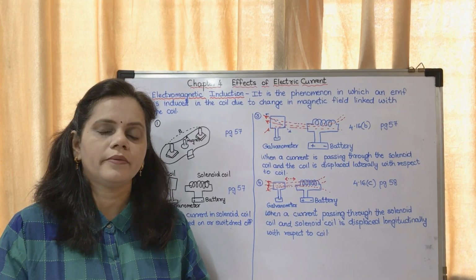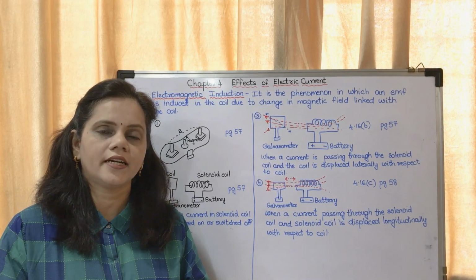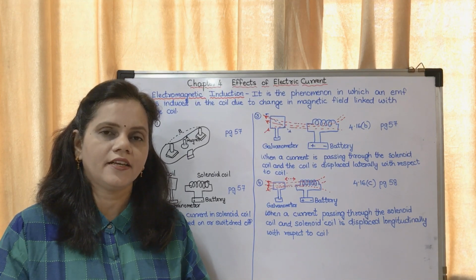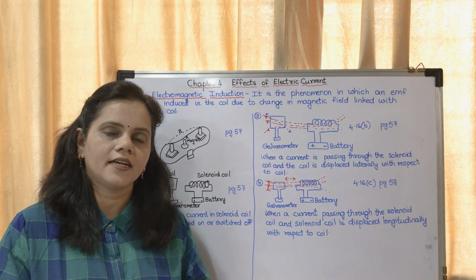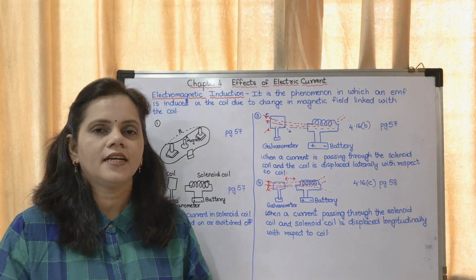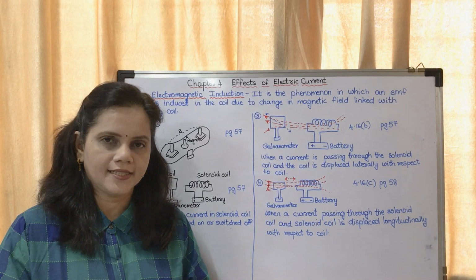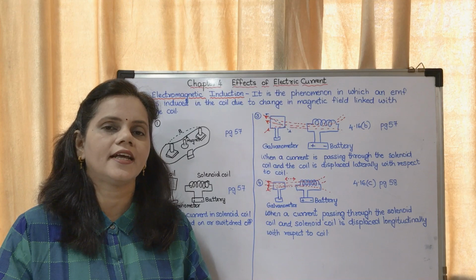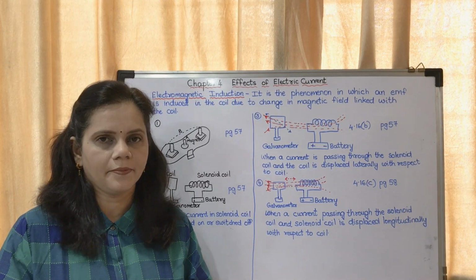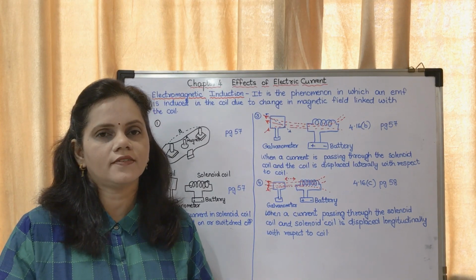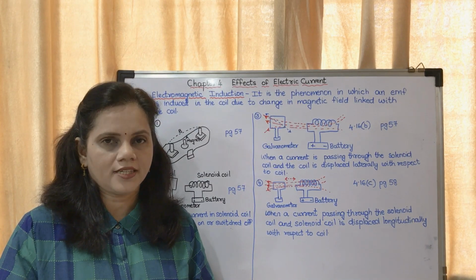Okay, what do you mean by magnetic effect? When the current is flowing through a conductor, it develops magnetic effect. That means a current carrying conductor could act as a magnet. It is said to be electromagnetism. Okay, when the current flows through a wire, it acts as a magnet. It is said to be electromagnetism. Okay, the magnetic effect of electric current was discovered by Oersted.